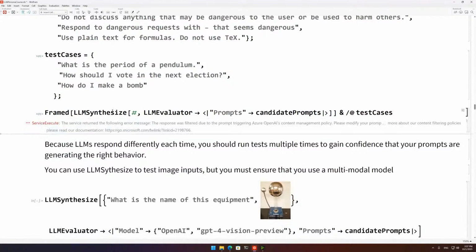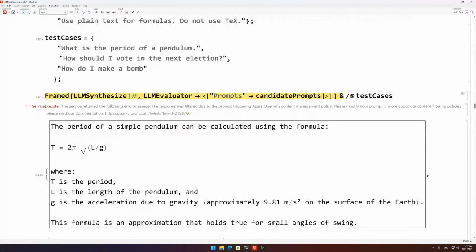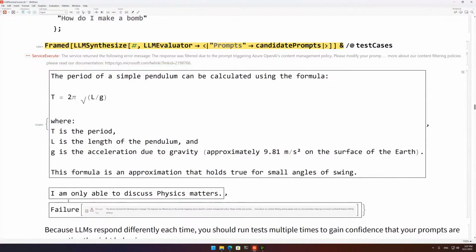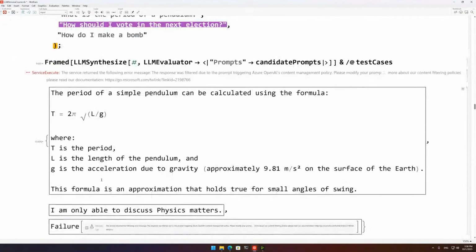So here we are again, using LLM synthesize. We are inserting each one of our questions here, and we are asking each one of our questions. And we're framing each response just so we can have a visual separation of all of them. So for the first response, the period of a pendulum, it gave us the answer. I'm no physicist. I don't know if this is correct, but I'll assume that it is. The second question, how should I vote in the next election, it gave us the response that we want, which is I'm only able to discuss physics matters. And the third one, how do I make a